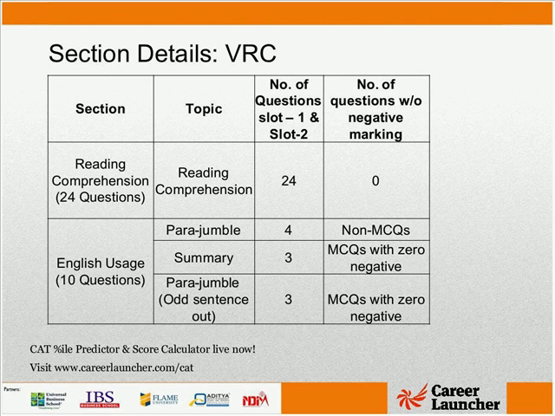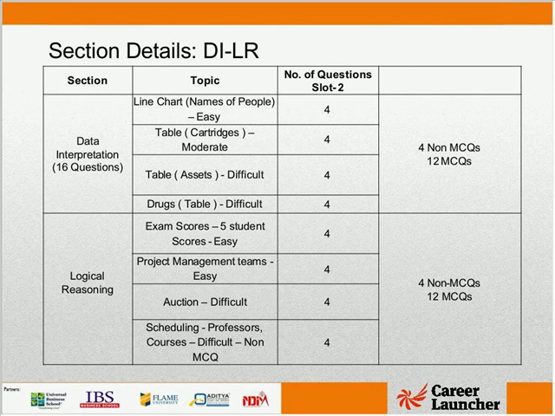Overall, going by what GP has said, I would say it's quite similar. Verbal was on the easy side. Attempts of roughly 26 to 28 would be perfect in this section, and an accuracy of around 80 to 85% there should see you sail through with about 90 plus as a percentile in that section.